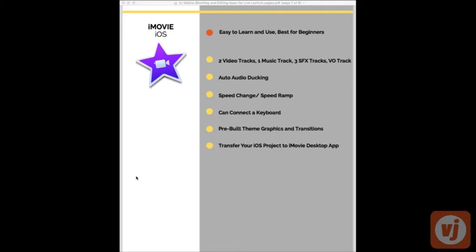You can't customize those, and some of the ones we're going to go over in a minute, you can actually customize, and that's pretty awesome. And a recent feature with iMovie, the latest version, is that you can start working on your smart device, and you can transfer that project to the iMovie desktop app to go in and work a little more deeply on that cut. So iMovie is great for that. We'll take a quick look at the